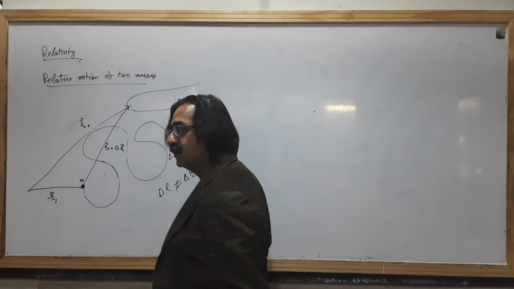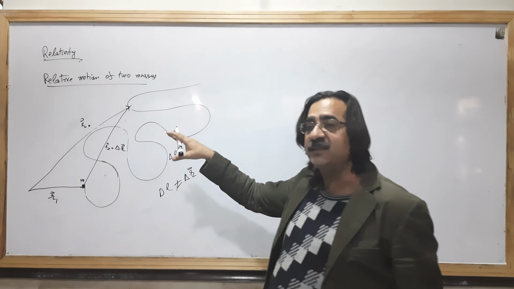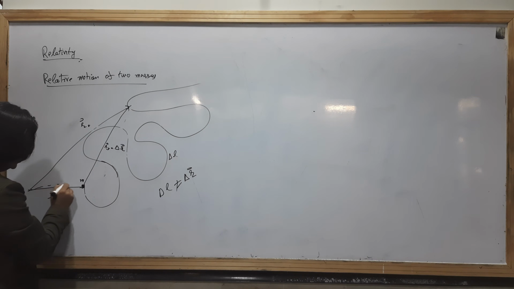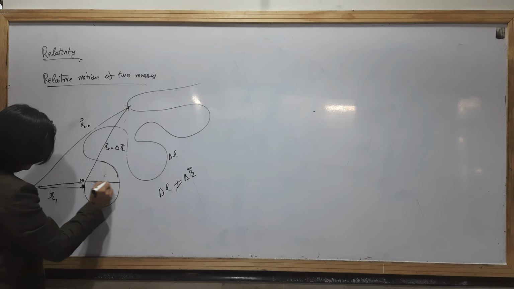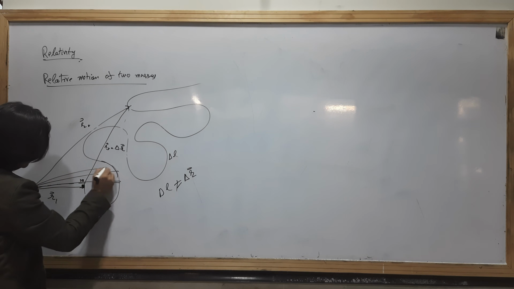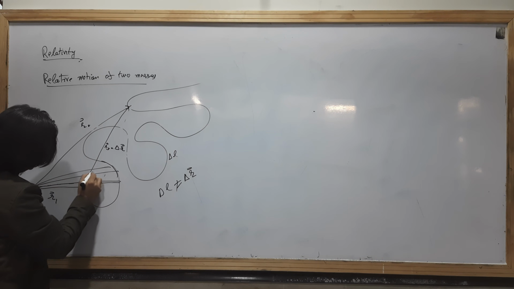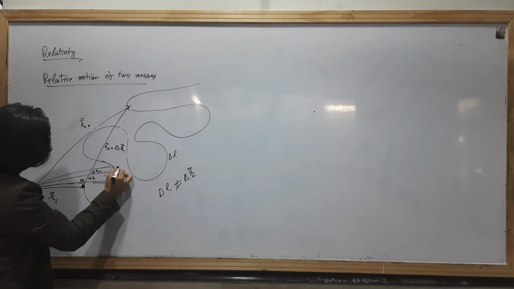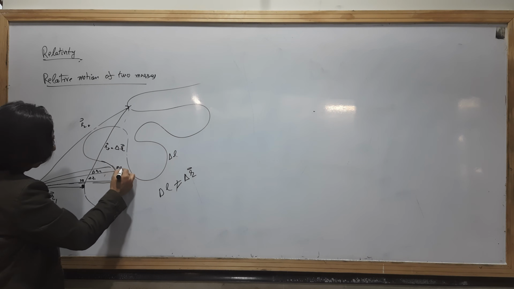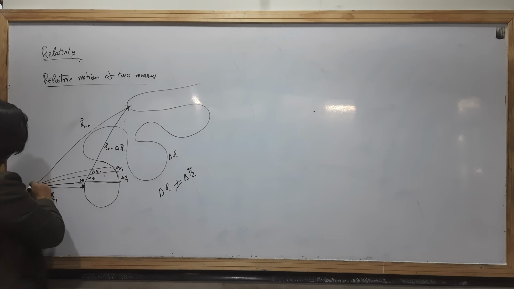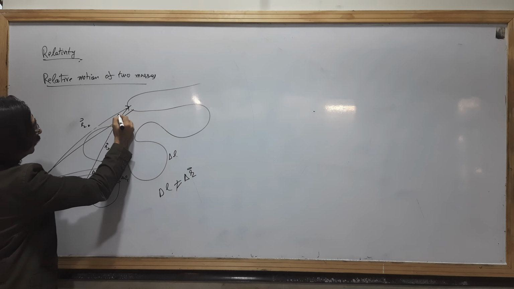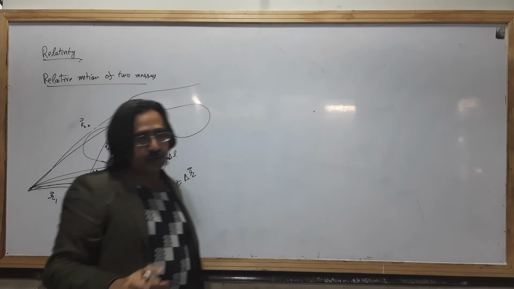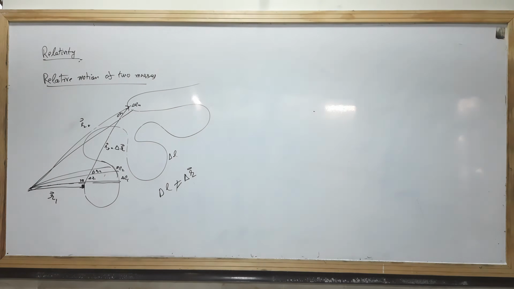This is scalar, this is not equal. We have to divide it into small patches, and that will be delta R1, delta R2, and delta L1, the arc length along the curved line, up to Rn, delta Rn and delta Ln. Even then, if we divide it into small patches, they will not be equal.